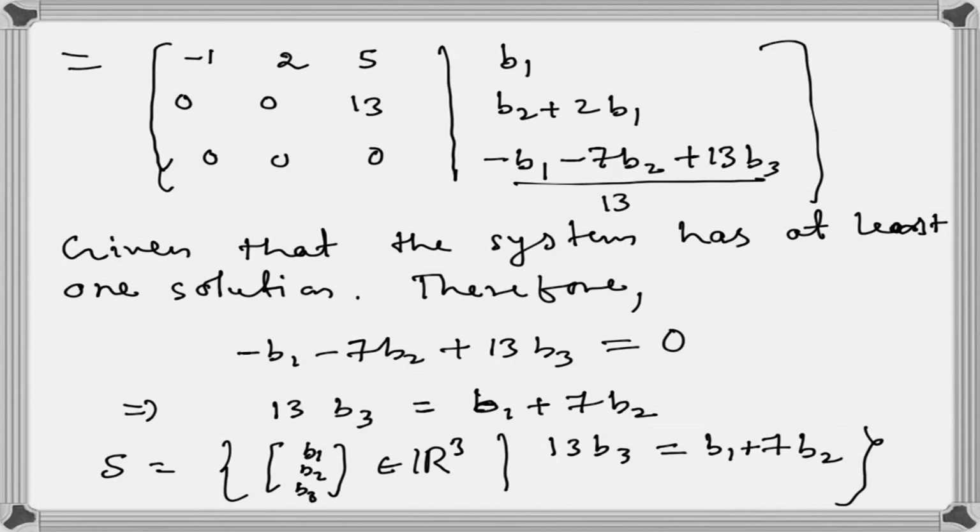So now let's take part A and see whether that system has at least one solution for all B1, B2, B3 from S. Okay, so the system is this: x plus 2y plus 3z is equal to B1,